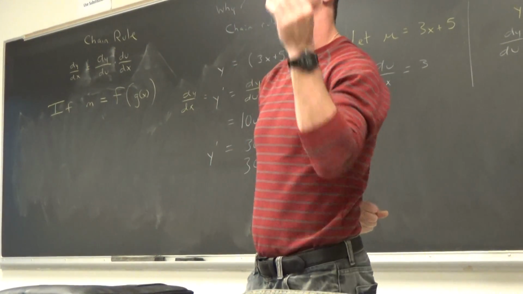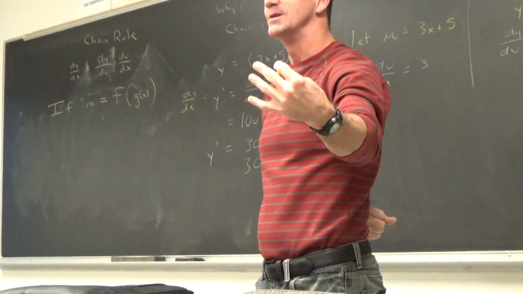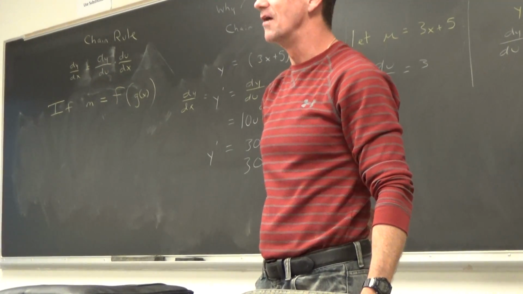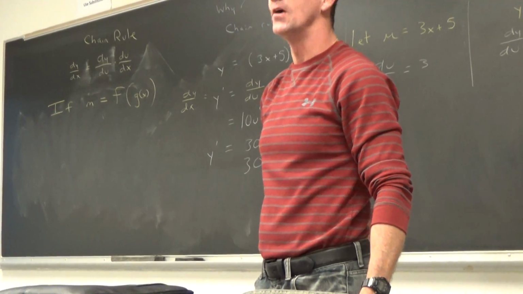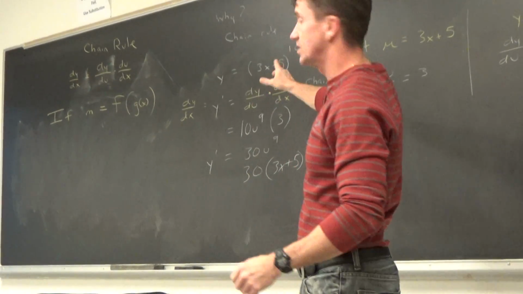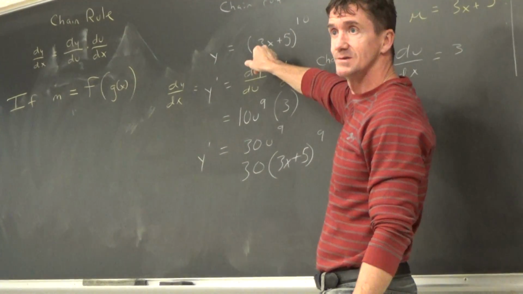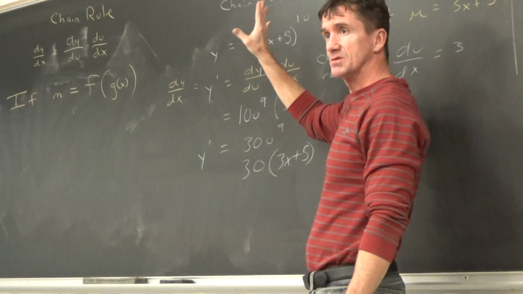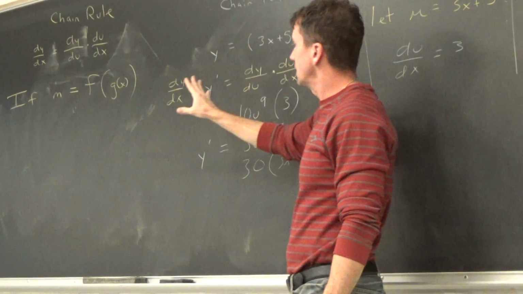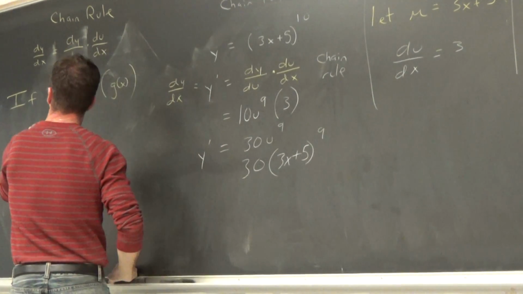Let's say m is some function composed of what? G. Remember this from pre-cal? Yeah, I know. F composed of g. F of g. That's what's going on here. This was a function composed of another. It was composed of that 3x plus 5. All right? Then the derivative by chain rule will be